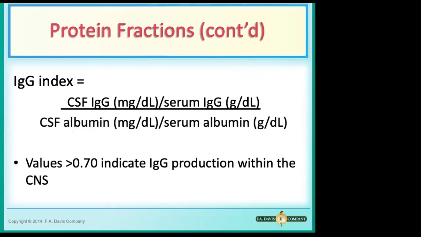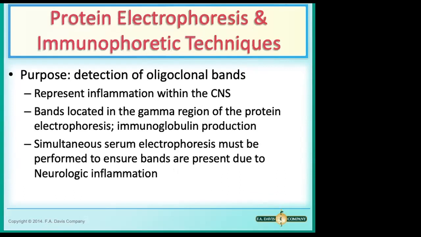So the CSF IgG over the serum IgG, over the CSF albumin, divided by the serum albumin. And any values over 0.70 indicate IgG production that is within the central nervous system. We can also do